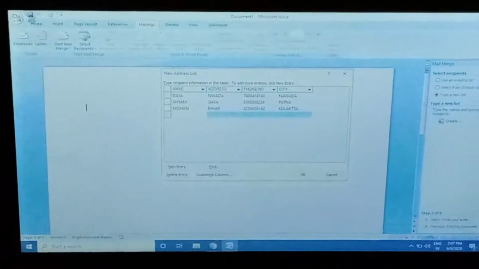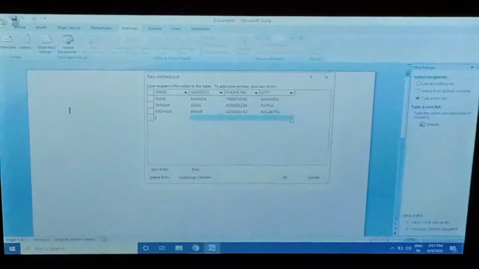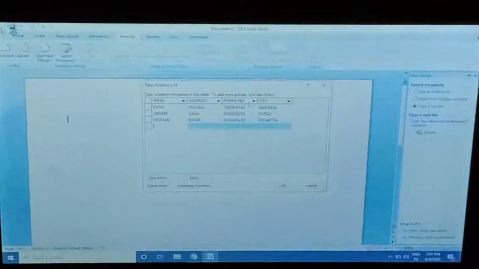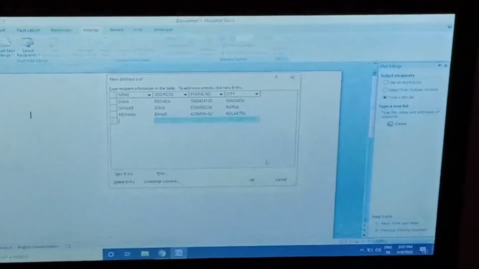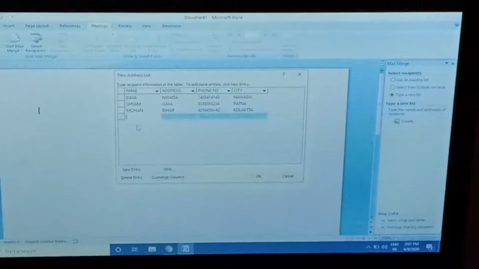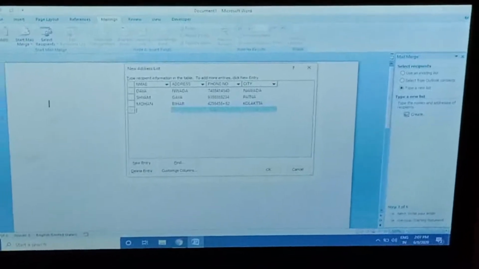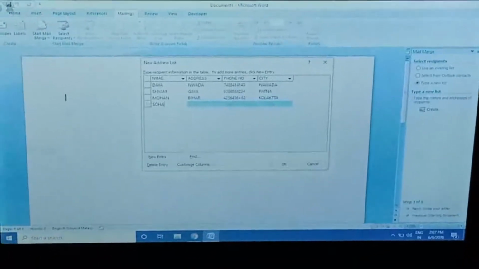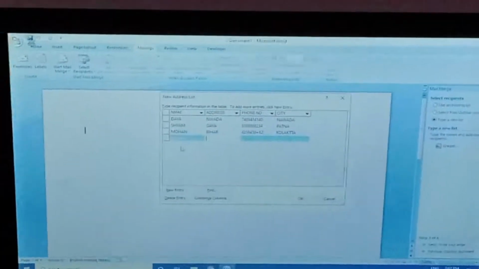That automatically takes you to a new area, and you go to the last option to fill, and just click the tab button. Again Sohan, I fill in the five names. It is your choice how many names to add in this field.